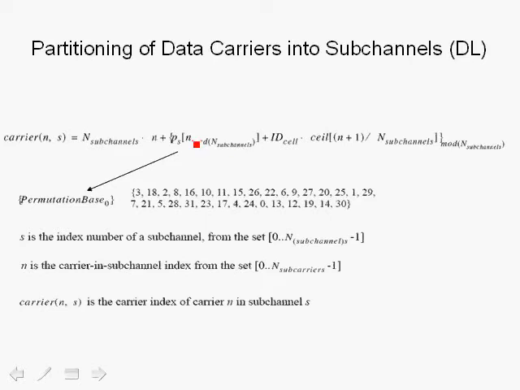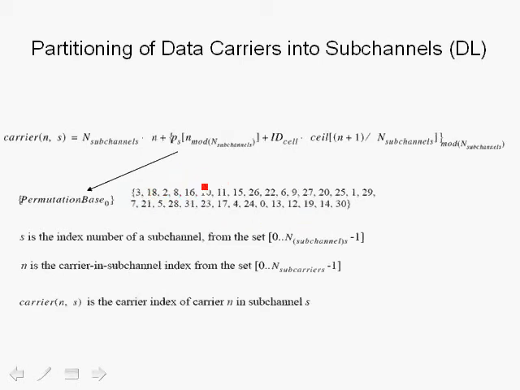So n can go all the way up to 47, and subchannels is 32, so we take n mod 32. That will be the index within the shifted to the left permutation,